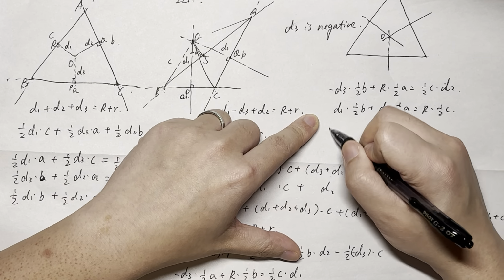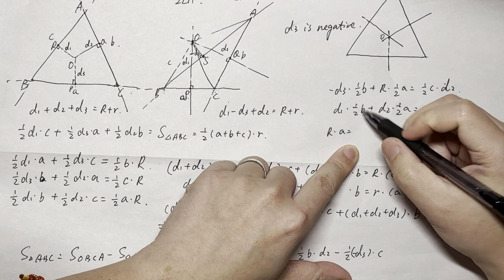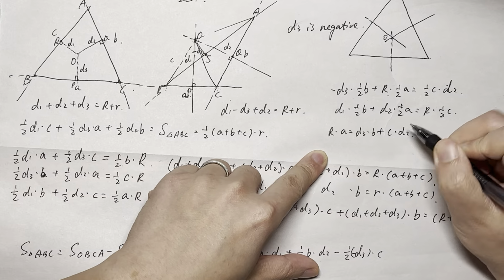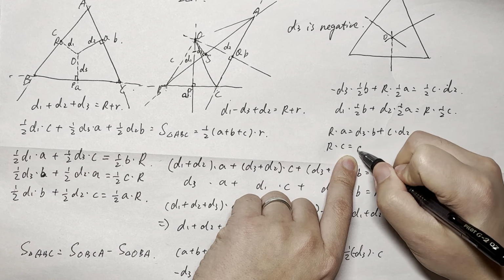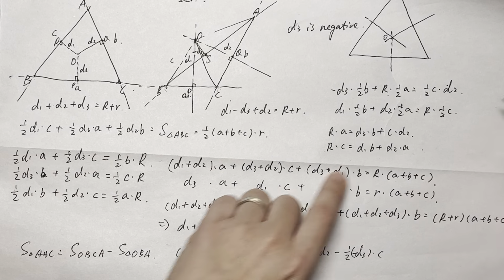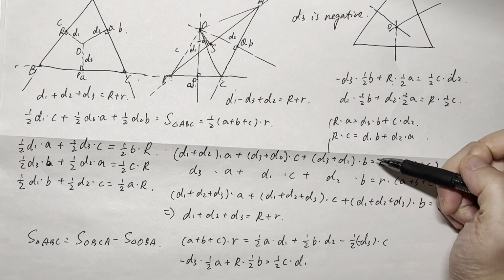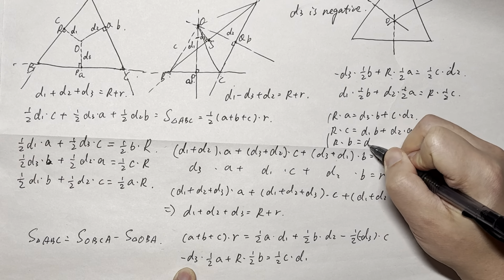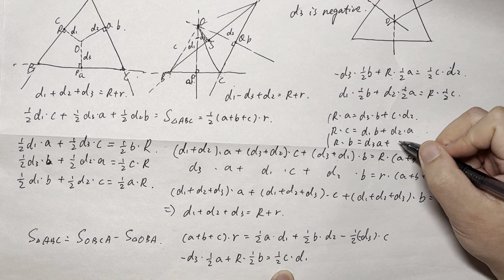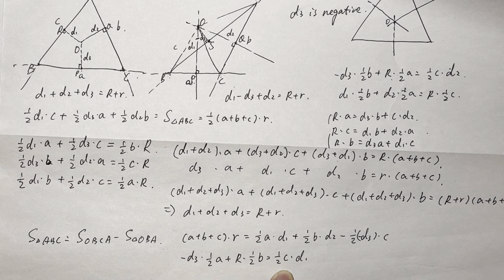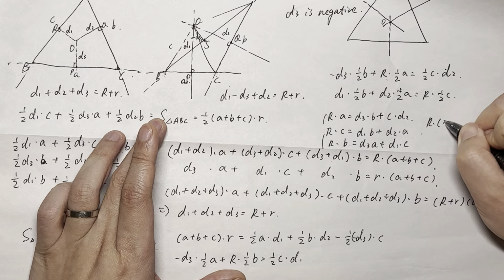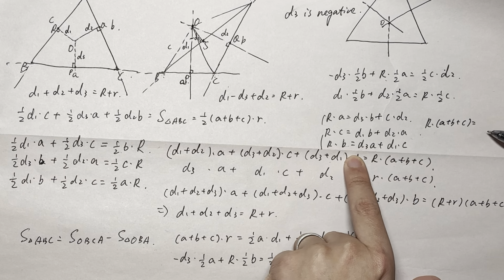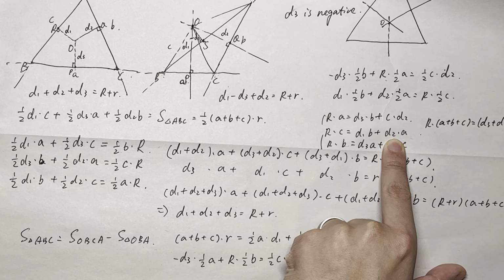Look at this one. So we have R times A equals 2 times (D3B plus C D2). And for this one, R times C equals 2 times (D1B plus D2A), right? And this one here, R times B equals 2 times (D3A plus D1C), right? So we add them together. We got R times (A plus B plus C) equals 2 times, for A, we have D3 plus D2 times A plus